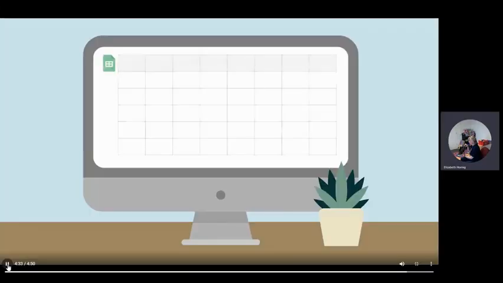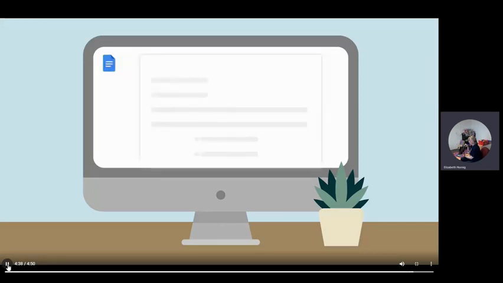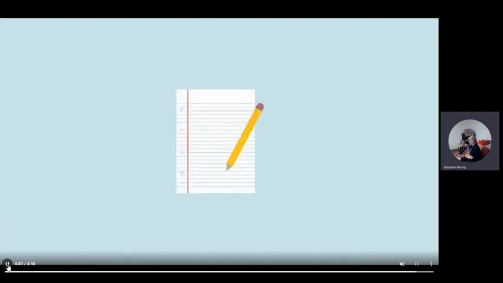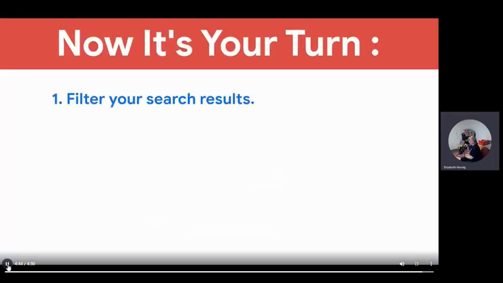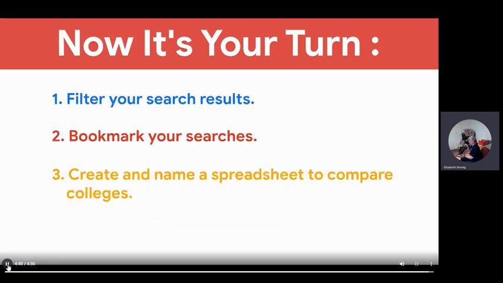This lesson uses a spreadsheet, but you could compare your college search results in a document, a slide presentation, or even a piece of paper. Now it's your turn. Filter your search results, bookmark your searches, and create and name a spreadsheet to compare colleges. Okay,